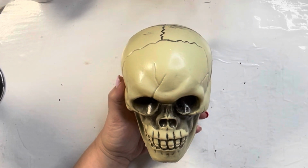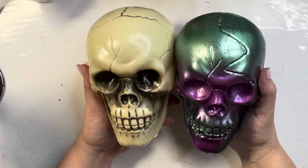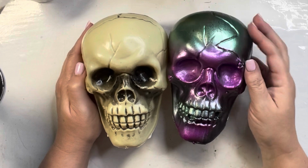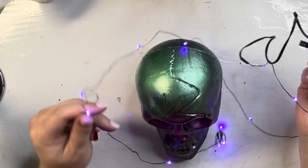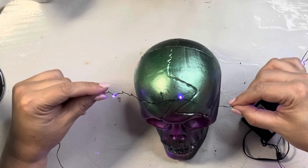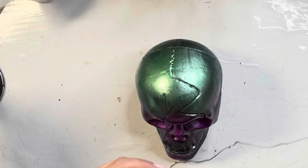Now this is the skull head I was talking about earlier that they usually sell at Dollar Tree. And here is the purple and teal. And yeah, I just love anything purple. So we're going to toss Mr. Beige Skull to the side, and we're going with Mr. Purple and Teal. I had these purple fairy lights, and I thought this would be very cool to light the